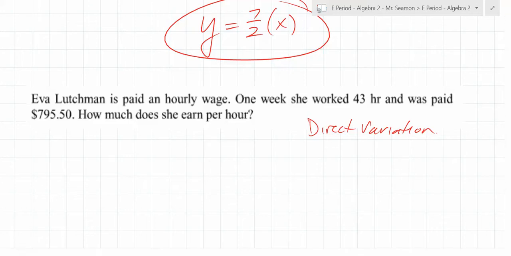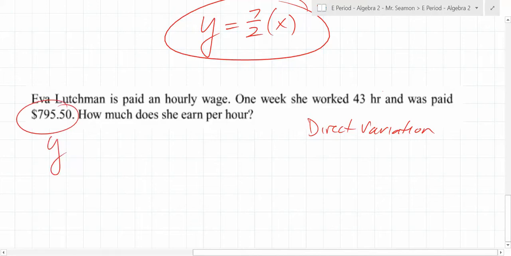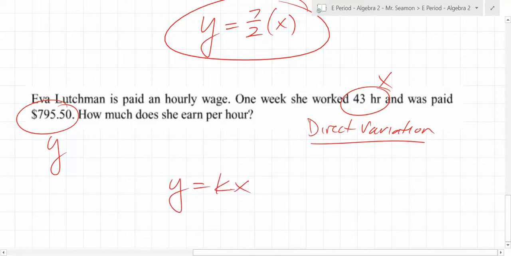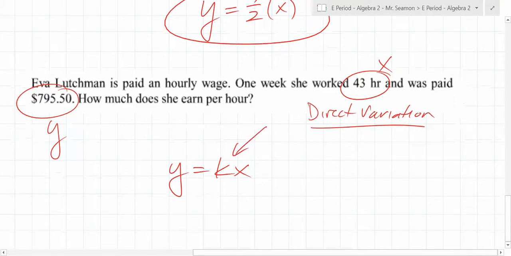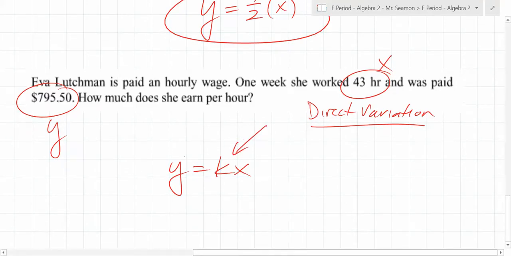Y can be 795. So this will be your y variable and this will be your x variable. So what do you know? Because they're varying directly, y is equal to k times x. What are we trying to solve for? The k value. So we have one point. When y is 795.50,